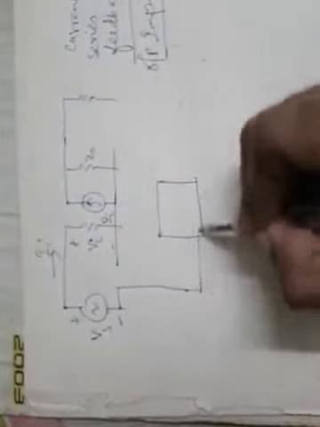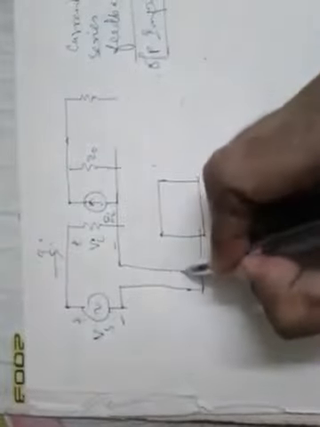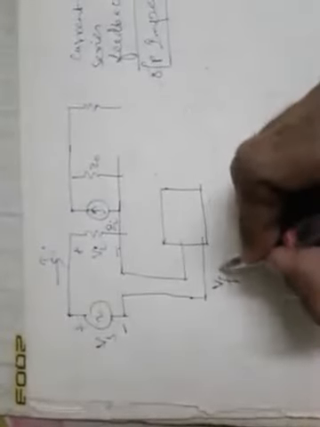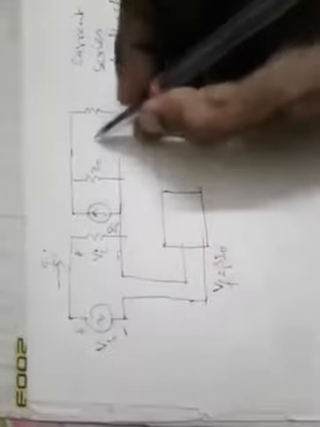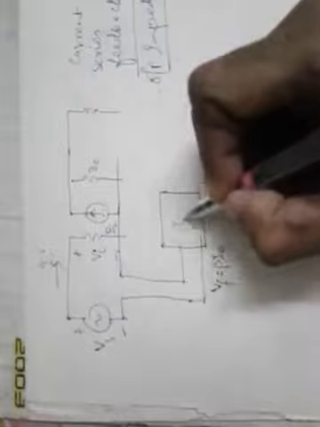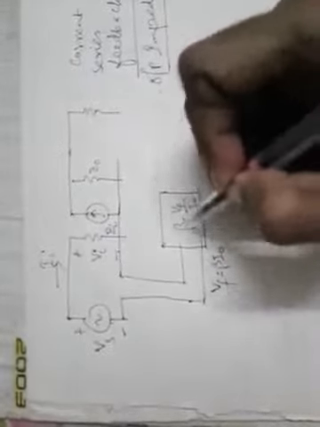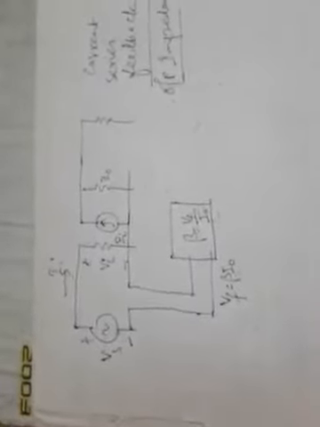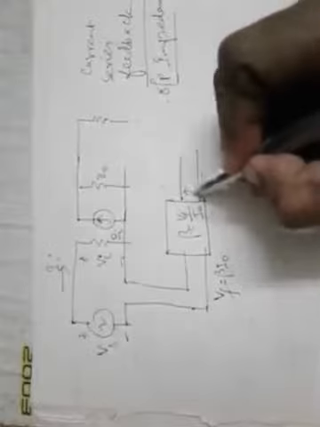The feedback is current series, so it is fed back in series, and since it is voltage, the feedback should also be in terms of voltage, which is Vf, that is beta Io, because at the output we are getting Io. So this beta is Vf by Io. Because it is current series, we are sampling current from the output side, taking a portion of current, and that's why this is shown as a current source. So at the input of this feedback network, it is Io,